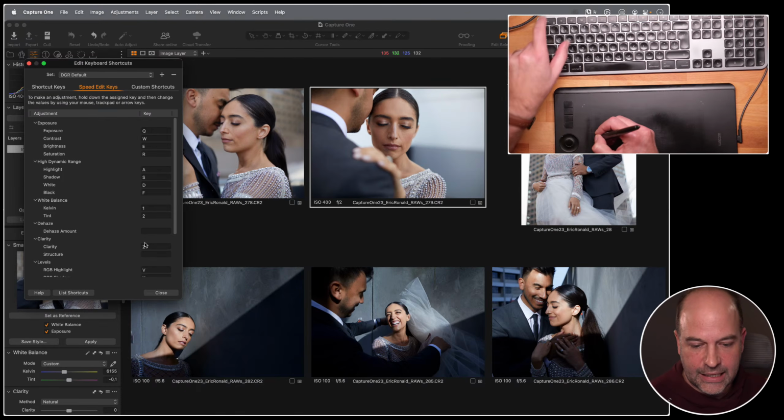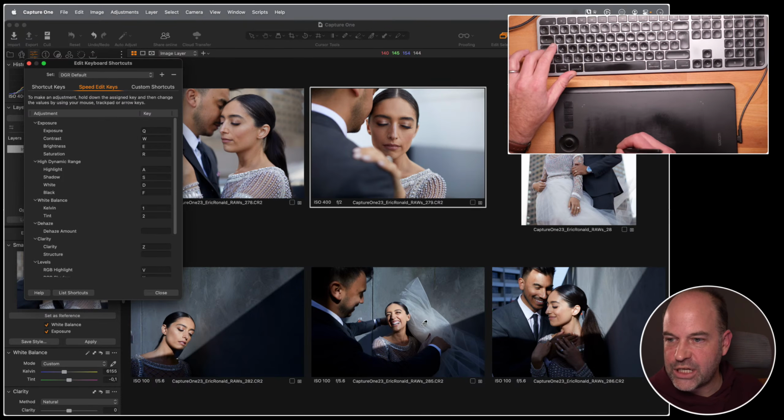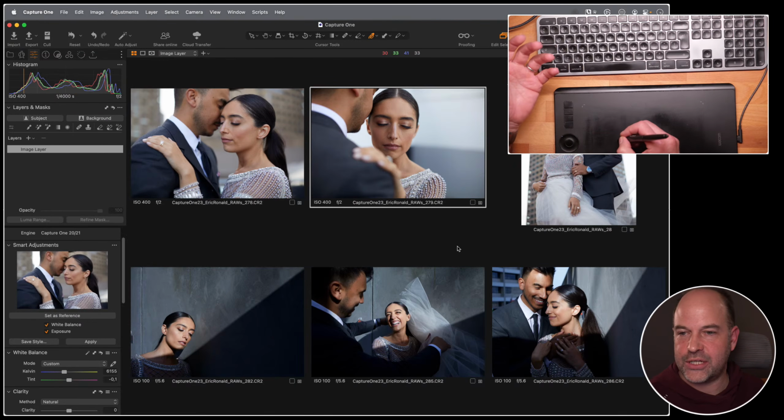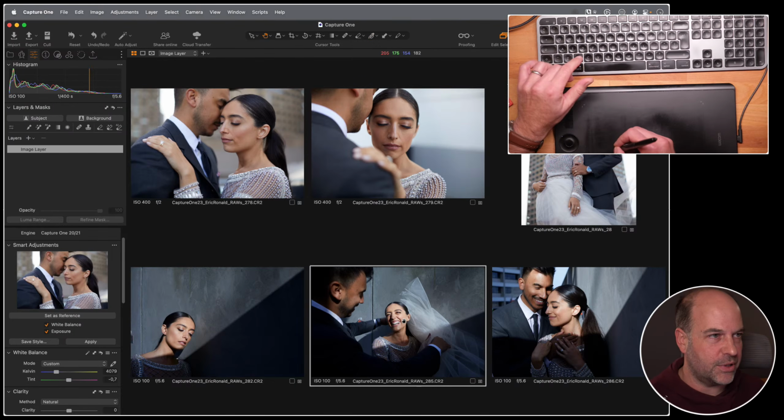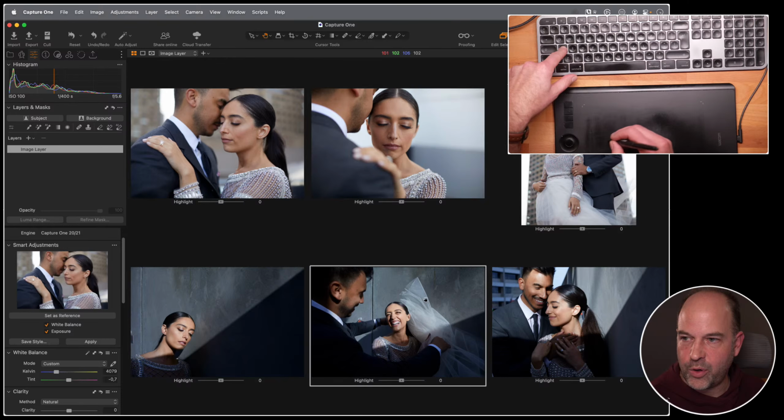And then in this case, I would say on this image here, the highlights are a bit too bright. So how could I quickly adjust the highlights on this image? If I select this one, Jeff, and hold down A on my keyboard, you can see highlight pops under each of the images like so. If I click on any of these pictures and drag to the left or drag to the right, it's going to adjust the sliders of each one.